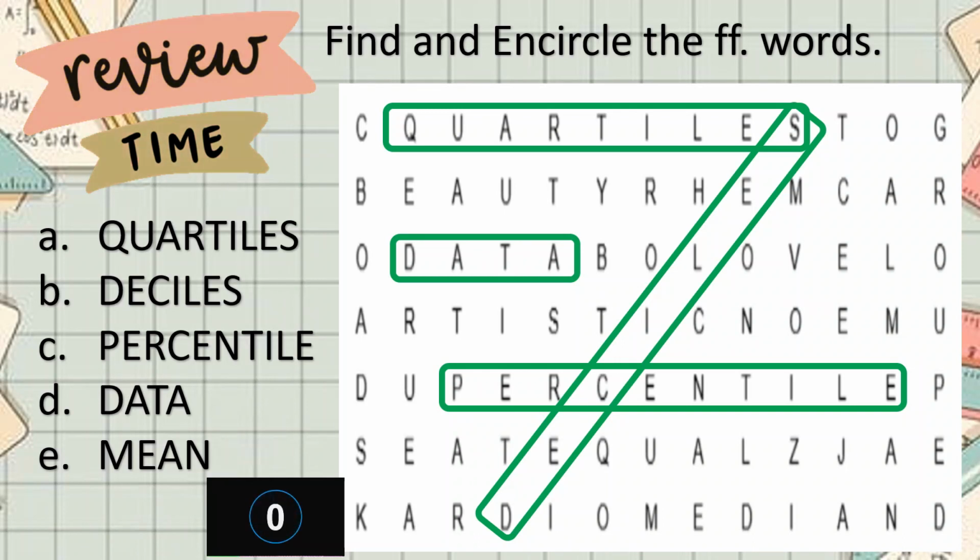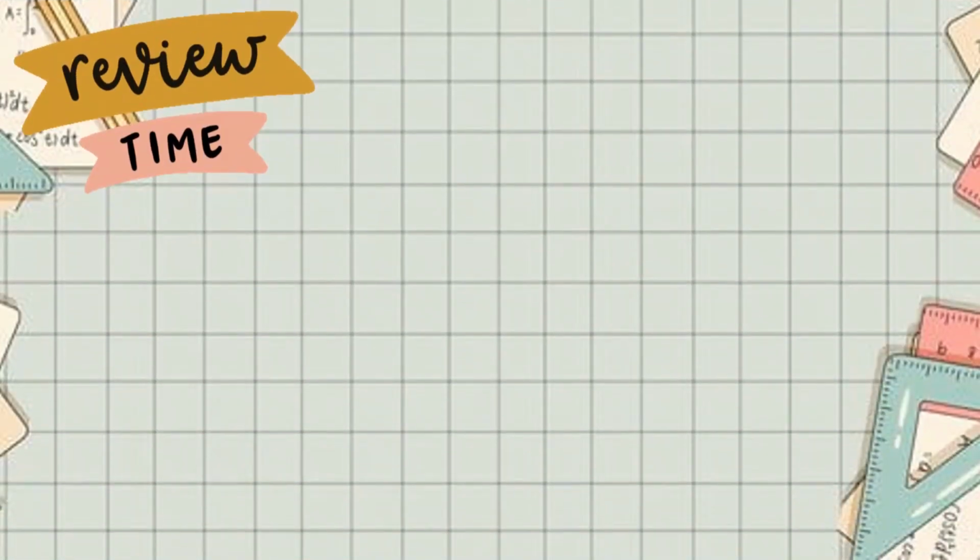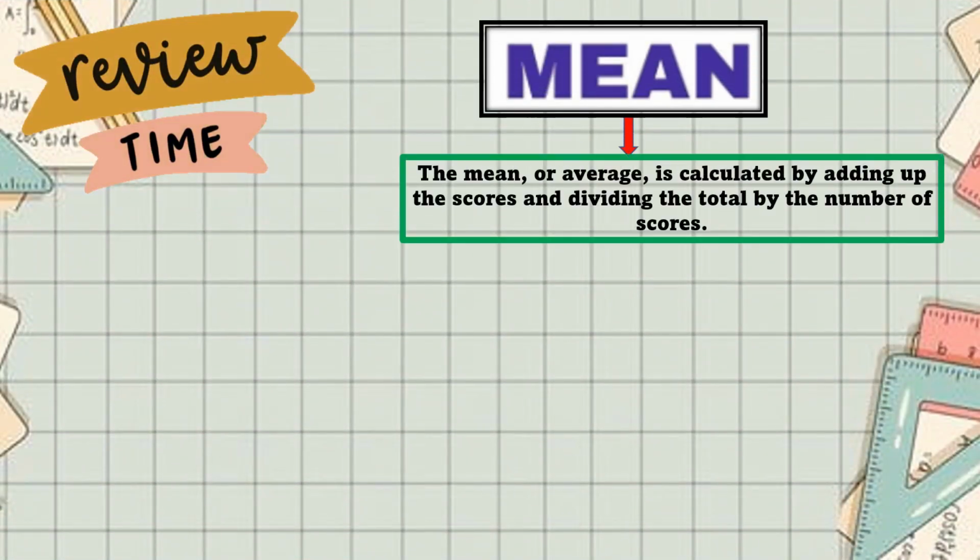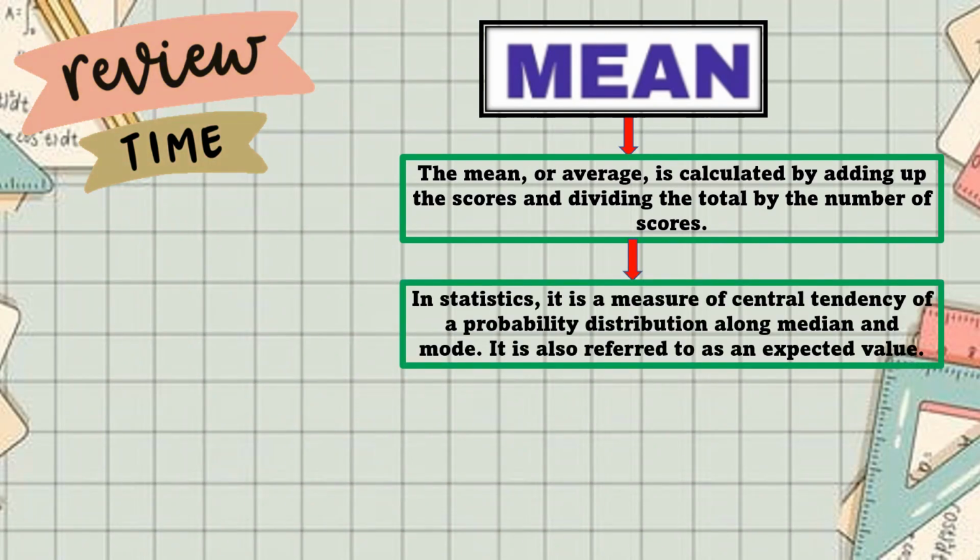Okay, the word mean is here. So what is a mean? The mean or average is calculated by adding up the scores and dividing by the total number of scores. In statistics, it is a measure of central tendency of a probability distribution, along with median and mode. It is also referred to as